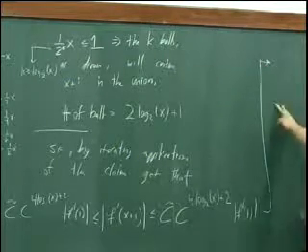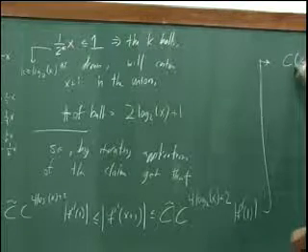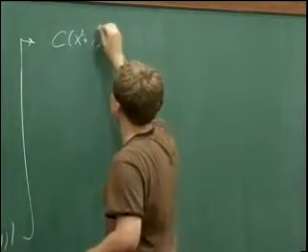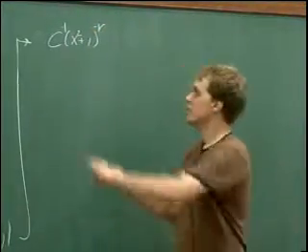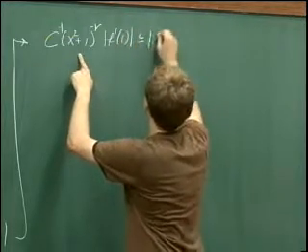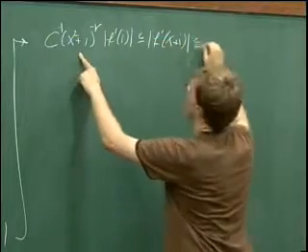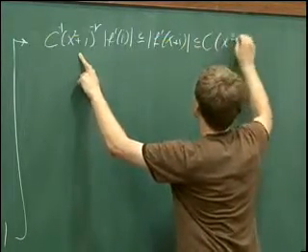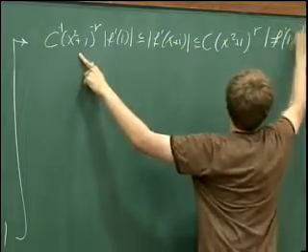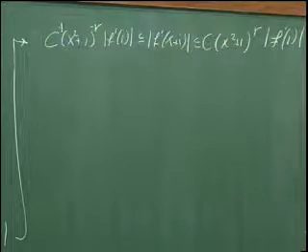But you get something of the form constant times, well, let me write just the answer that we have and then explain why we get it. So this is the answer we want,